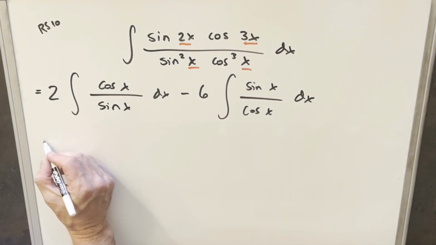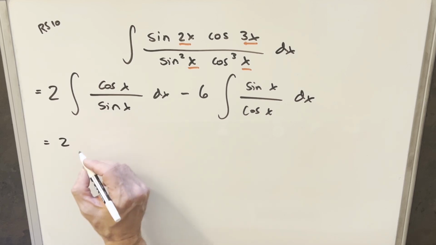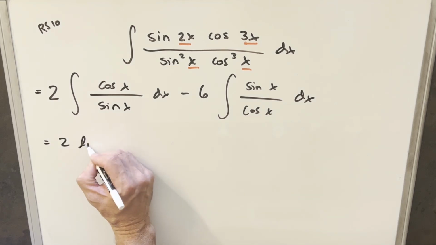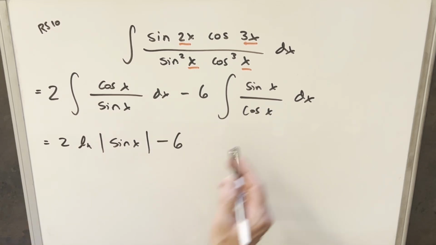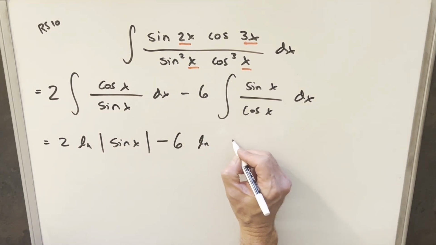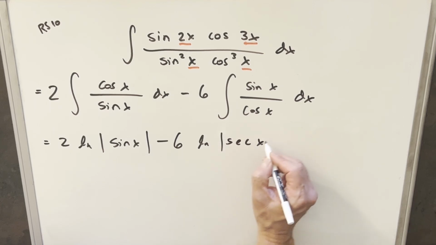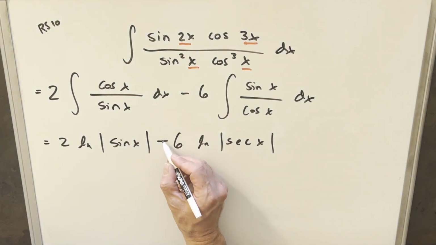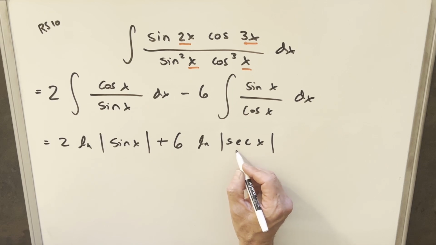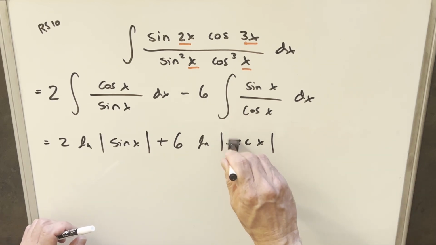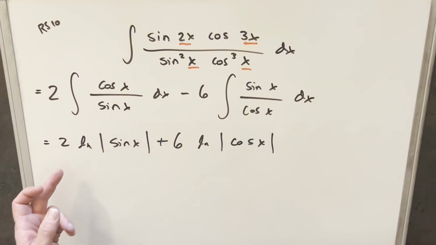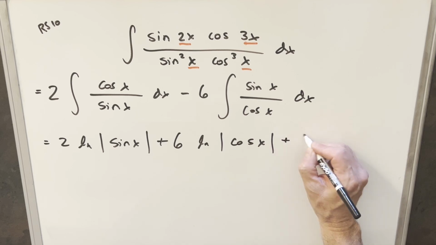Okay, so now that we've combined these cotangent integrals, I think we're in a good position to finish it off. So first, let's just integrate this. So the integral of cotangent x, or cosine over sine x, is going to be just natural log absolute value of sine x. And the integral of this is going to actually be natural log of absolute value of secant x. But what I think I'm going to do is actually take this minus sign and bring it in here to get the reciprocal of this. So the reciprocal of secant x is going to be cosine x. So for our final solution, we'll have 2 natural log sine x plus 6 natural log cosine x plus c,